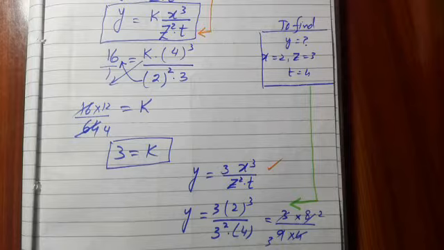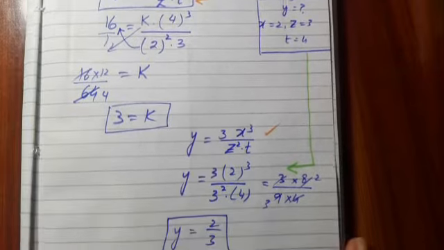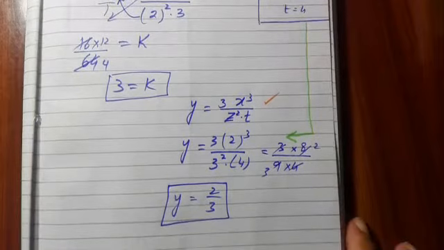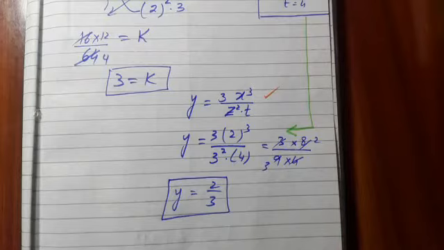So we will substitute the values to calculate the value of y by cancellation. y is becoming 2 by 3. So straight away you will be solving the question by substituting the value. The prime objective is that you will first find a relationship in direct variation and a combination of direct and inverse variation, or jointly, and we will be getting the value for y equals 2 by 3.